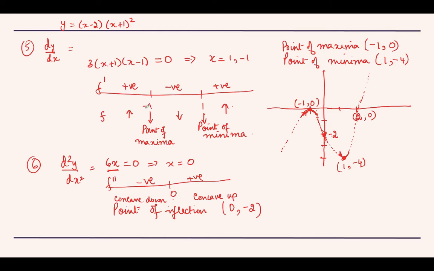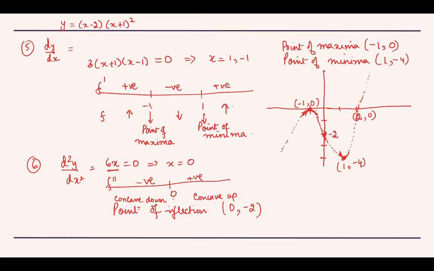You can put anything less than minus 1. So say you can put minus 2 here and check the sign. So you will see it is positive. Between minus 1 and 1 you can put 0. Then greater than 1 you can take 2 and you can check the sign. So the sign is positive,